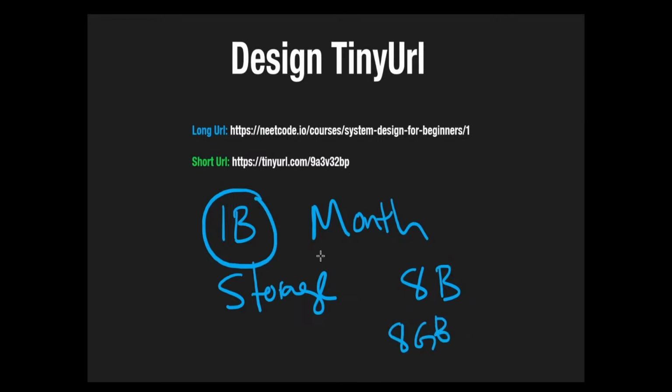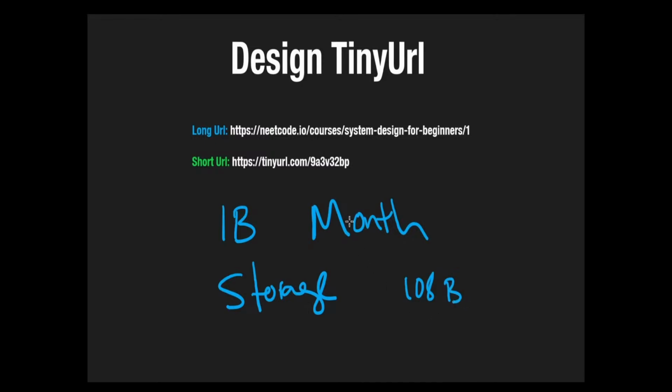Well, we might need to store more than just this. We might need to store some more metadata. Of course, we're going to need to store the long URL. How many characters could that be? Probably on average, I would think 100 characters is going to be fine, but it could be a lot larger. It could be 1,000 characters if there are some super long URLs. But let's keep the average case in mind. Let's say 100 bytes. So we have our total at about 108 bytes per URL,